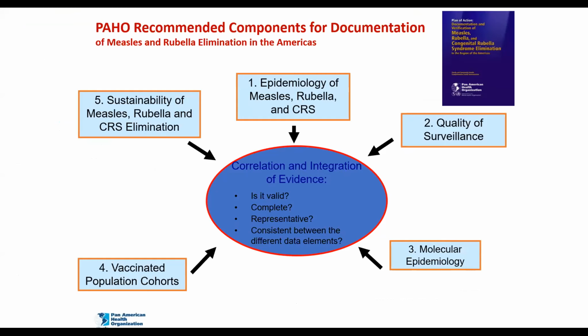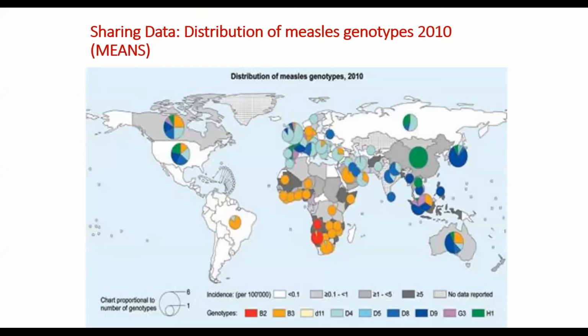And one of the criteria, the molecular epidemiology, was recommended as one of the criteria to verify measles elimination in the Americas. So when we look at the distribution of the types in different years, for example in the year 2010, we had many genotypes circulating in different countries in the world. But after extensive mass vaccination campaigns, we are observing a reduction in the number of the